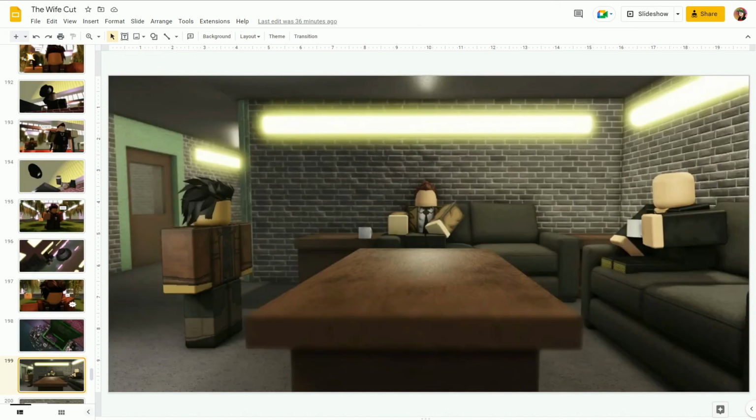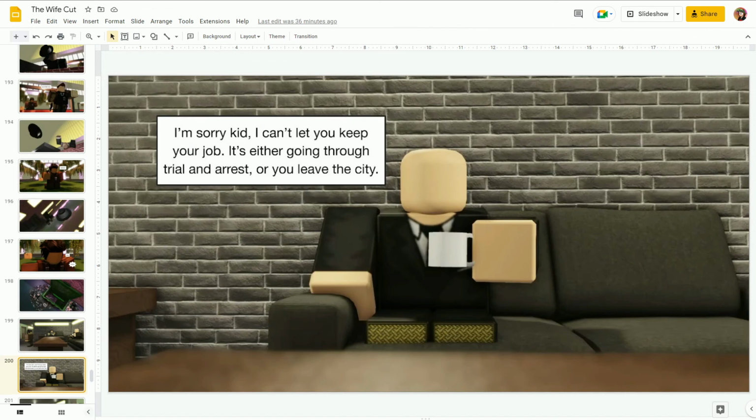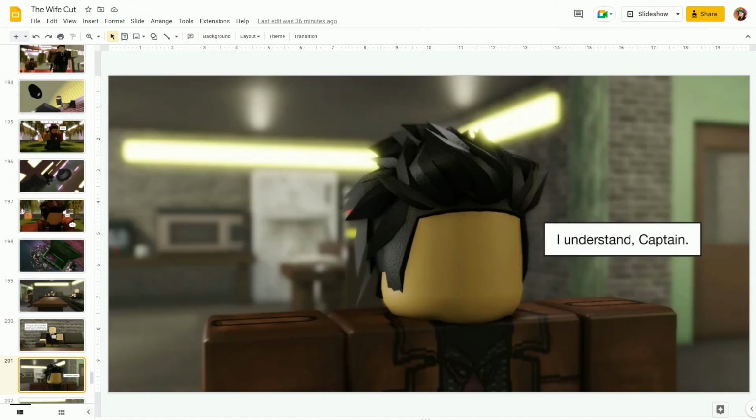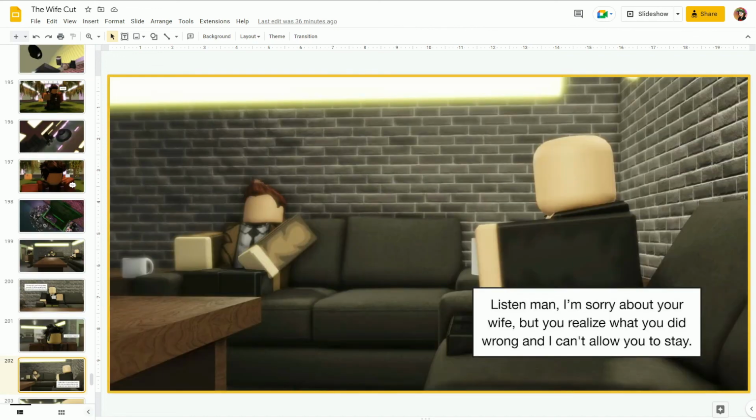So, they go back to the office, and Captain Zob has his discussion with Suypur. And the reason why I was sad about the wife cut needing to be cut out was because of this end scene, actually, because it takes out all of the tension. In the main cut, we have this unnamed, unknown officer who's been working behind the scenes the whole time, named Detective Anderson. And Anderson was kind of a fill-in for